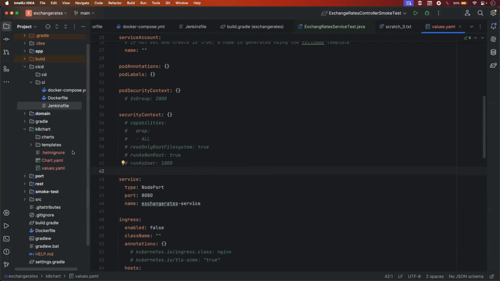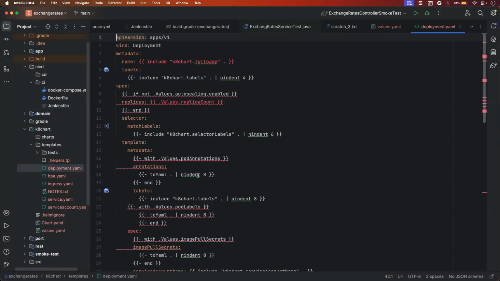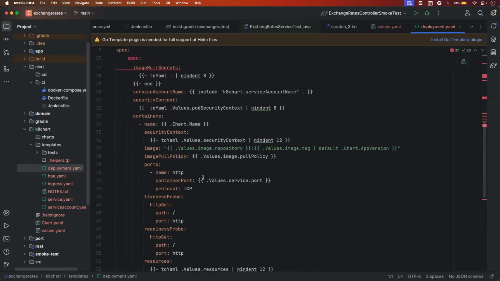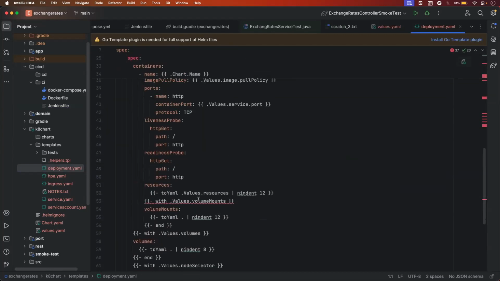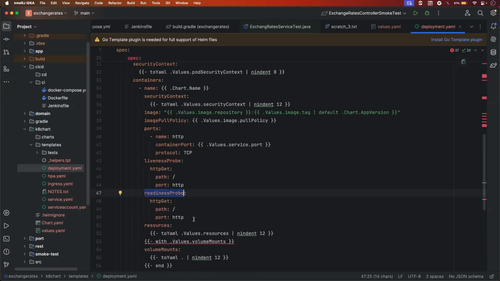Now one more change we need to do. Let's go into the template section. Let's go into the deployment.yaml, and here let's comment this part, that is the liveness probe and the readiness probe, as we are not using them in our demonstration. Now let's go back into the values.yaml file,